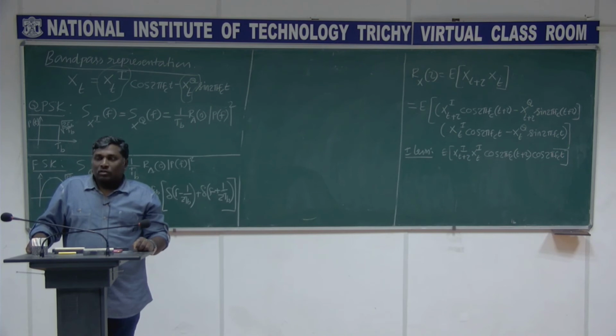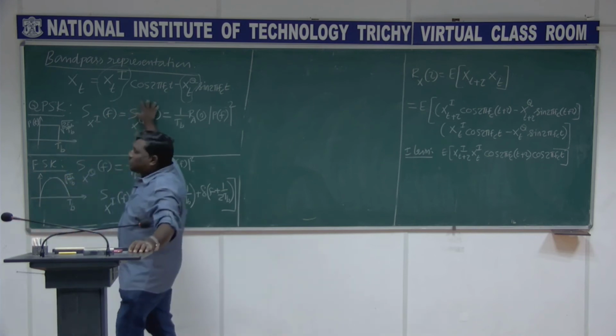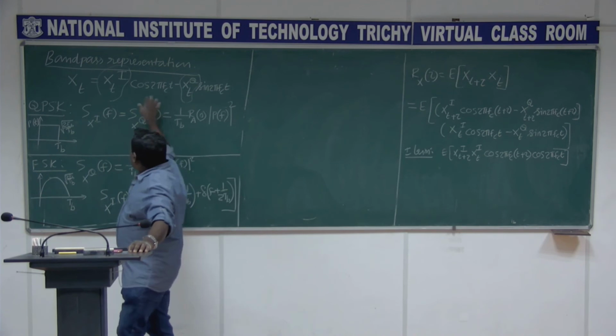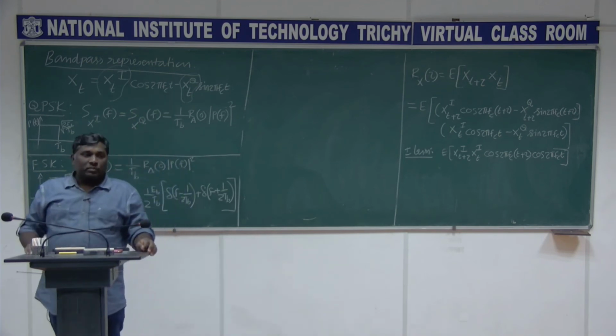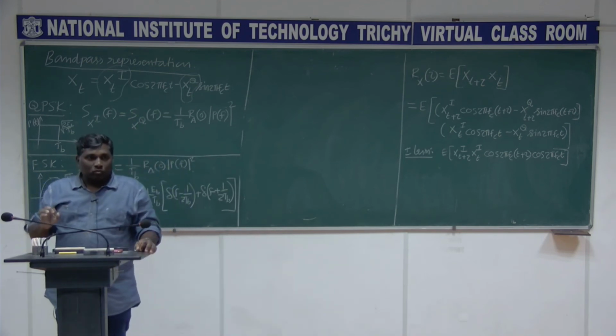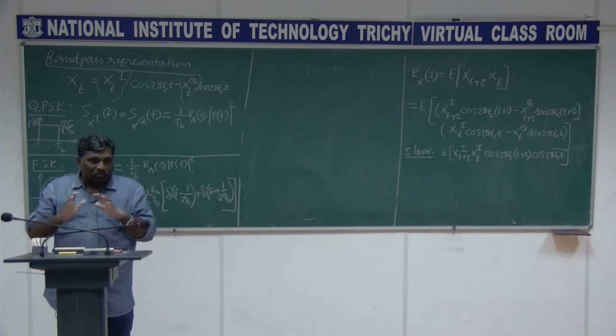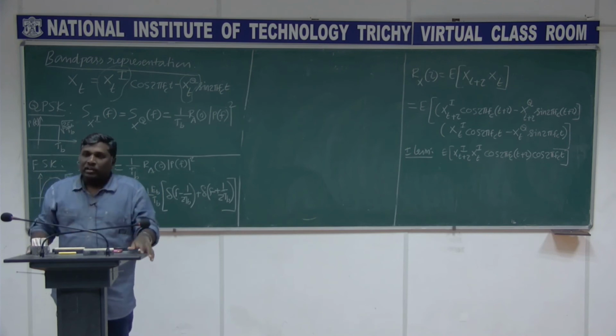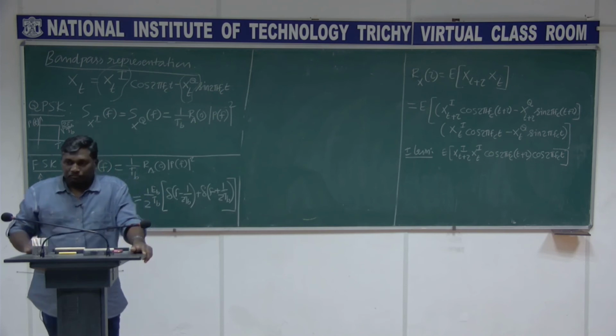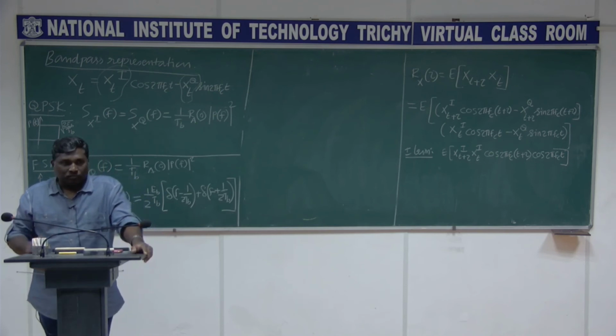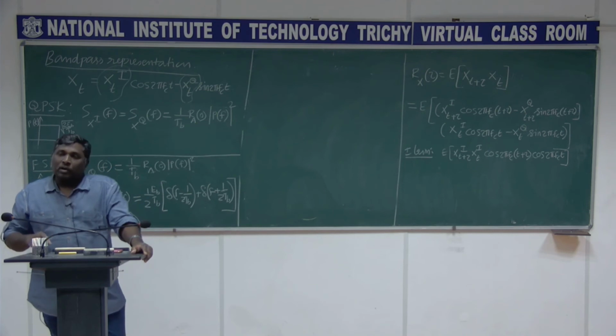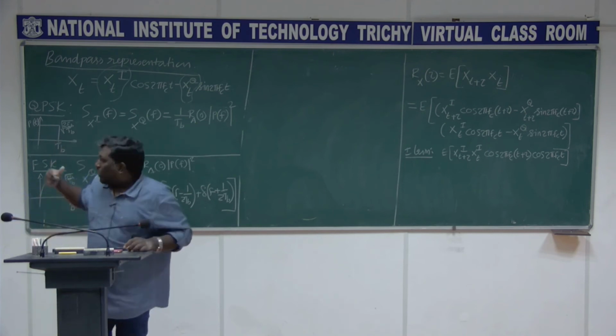So that Fc plays the important role in finding out the delay in this case. When it is coming as the band pass representation, your delay is uniformly distributed between 0 to 1 by Fc. I hope this is clear to you, because you understand that the actual delay is always going to be there, some figure is going to be there, but what is random, that we have to look. It all depends upon the factor we use here.